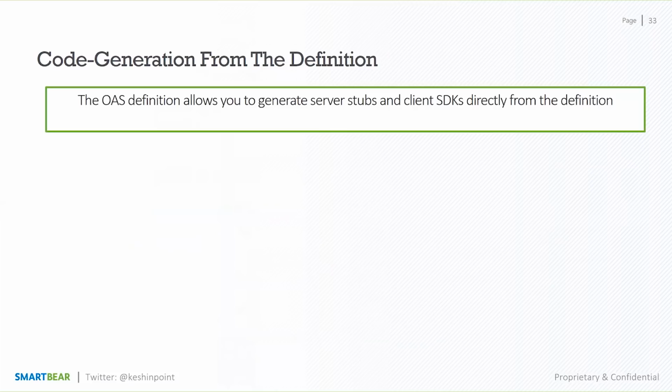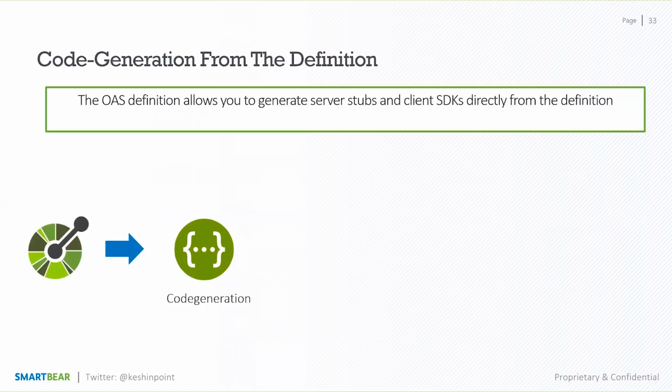So code generation is something that's become incredibly popular as well, especially with tools like the Swagger CodeGen, which is one of the most popular tools in the Swagger ecosystem. So from the OpenAPI definition of your API, you can actually generate server stubs and client SDKs directly. What do I mean by this? Well, let's say you have your OpenAPI specification. From here, using a code generating tool like Swagger CodeGen,